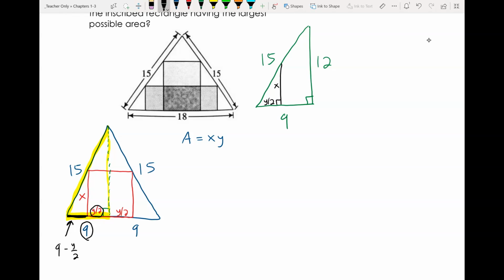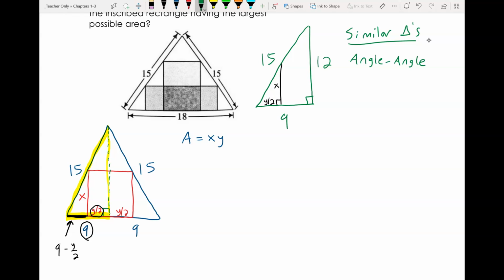Well, notice that these two triangles, this small one that I just drew and the larger one, are what are called similar triangles from geometry. Okay, so first of all, how do I know they're similar triangles? There were a few different ways of showing two triangles were similar, but the most common way you probably used was angle-angle similarity, which says if you can find two pairs of congruent angles in two triangles, then the triangles